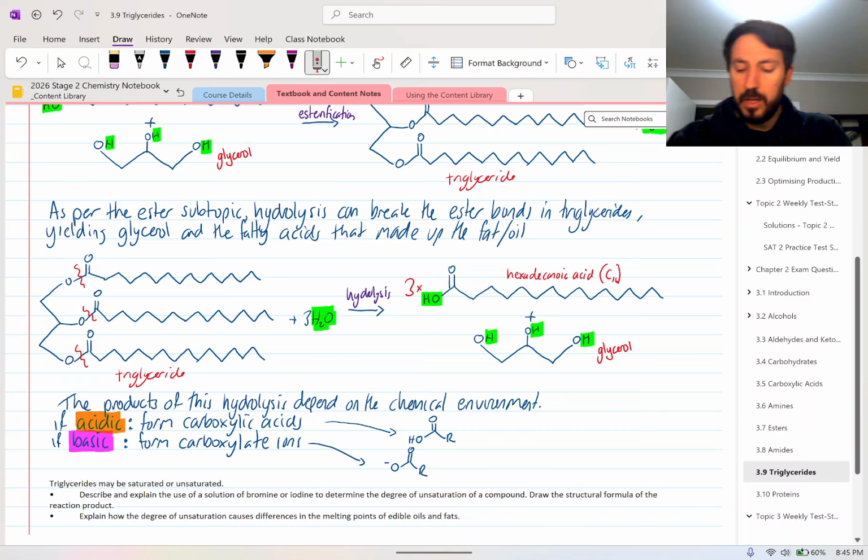Now, as per the ester section, if the hydrolysis reaction is done in an acidic environment, then you're going to end up forming the carboxylic acid version of the fatty acid. If instead you do it under basic conditions, the acid will act as an acid, lose the proton, and will end up as the carboxylate ion version of the fatty acid, which is shown generically here. So it's the exact same concept as in the ester section, as well as the amine section,